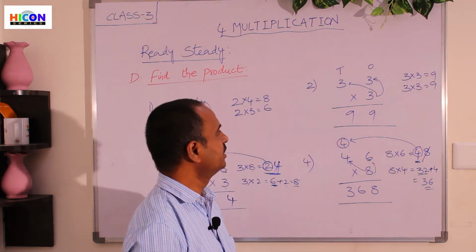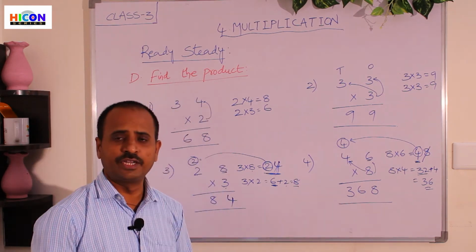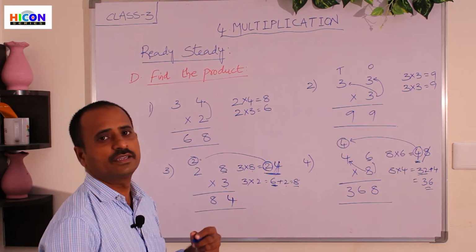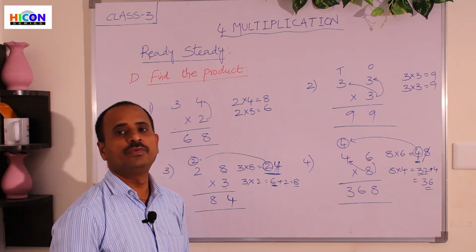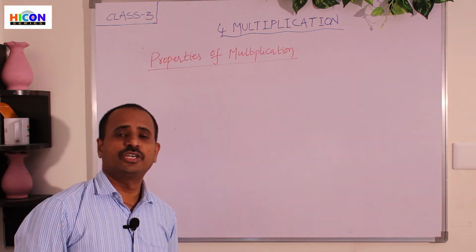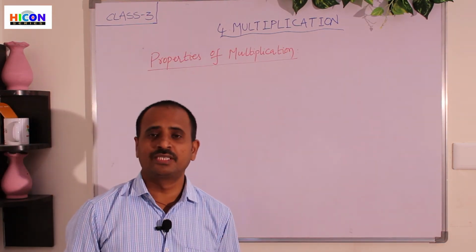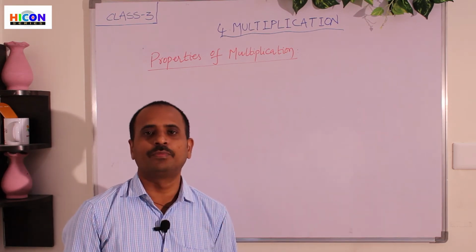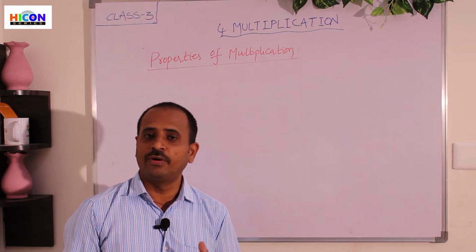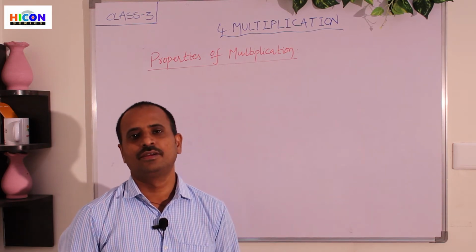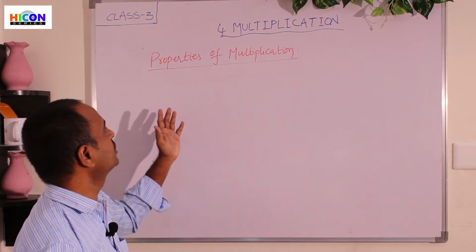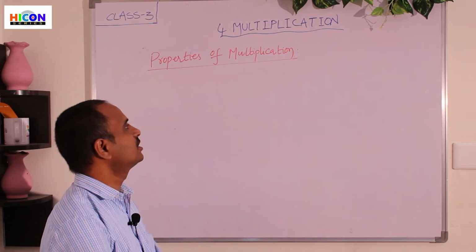So children, in this way, we can practice the multiplications with a single digit number. Now, practice the remaining problems at your home which are in the given PDF. Children, up to now we have practiced some problems on multiplication in the ready and steady part. Already you have learned this in the second class. Now let us enter into our chapter, multiplication, that is, third class problems.